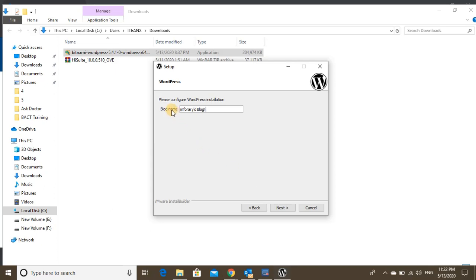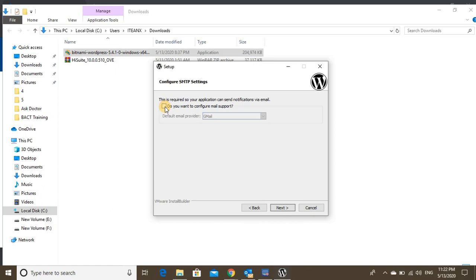Here write down your blog name. I will write Inforeri's blog here. Click on the next button. This is required so your application can send notifications via email. If you want to configure mail support for sending mails, you can check it. Otherwise, there is no need to click on this.